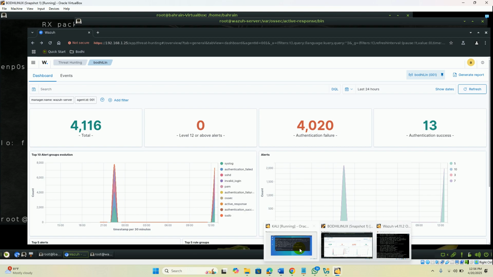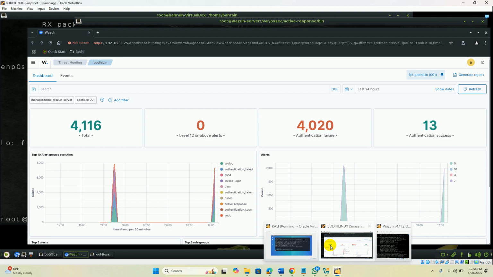So any traffic from the Kali system is not allowed onto the Bodhi system by the firewall. It was waiting for a threshold level, like earlier 39 something was the number of authentication failures. But after it reached a minimum level like 4020, it has identified that this is a brute force attack and immediately it has